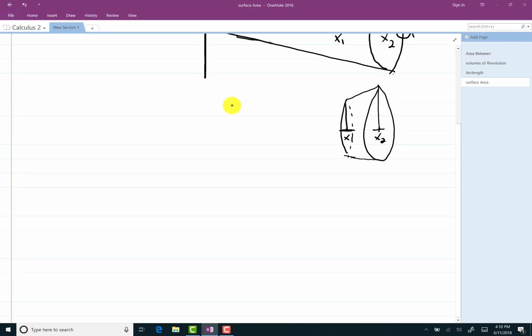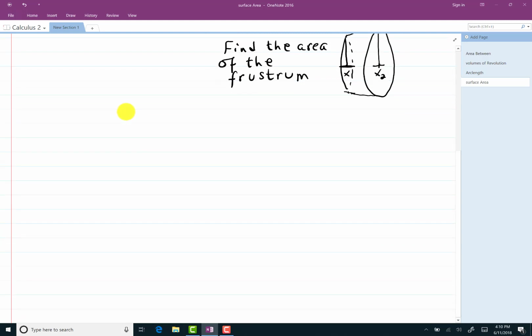So find the area of the frustum. Frustum is just the piece like I've shown here, a chopped off cone. Well, one thing you ought to know is in general, when you do have a cone,